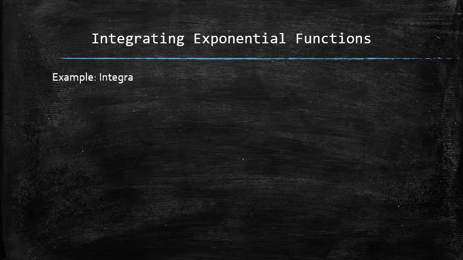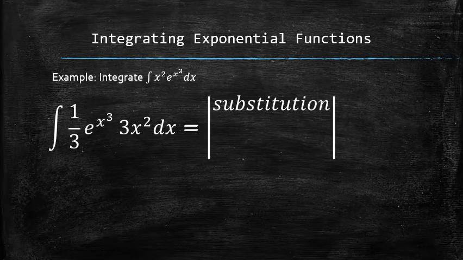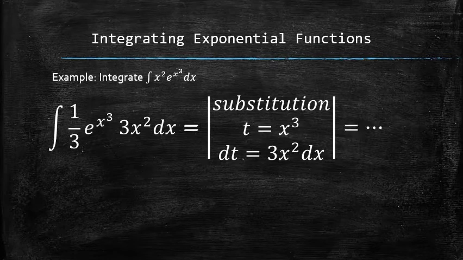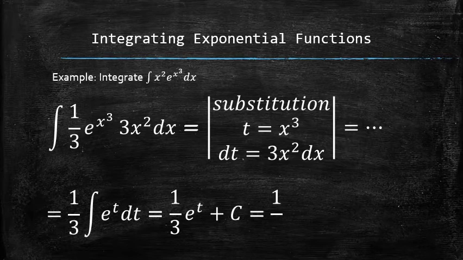Let's do an example. We first recognize the pattern and rearrange the integrand. Then set up the substitution by setting a new variable, let's say t, equal to x cubed, and finding the differential of t. Next, we plug everything into the original integral, and notice how, because of the discovered pattern, we have nothing but the function of t left in the integral. We finish the process by finding the antiderivative and plugging the original function x cubed back for it.